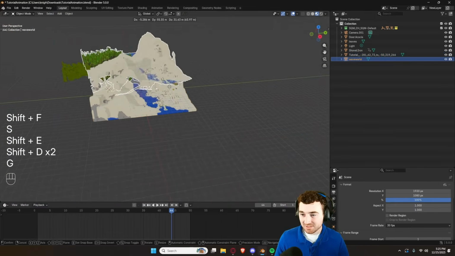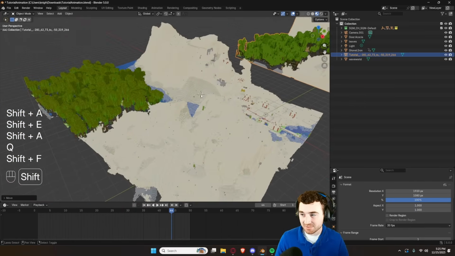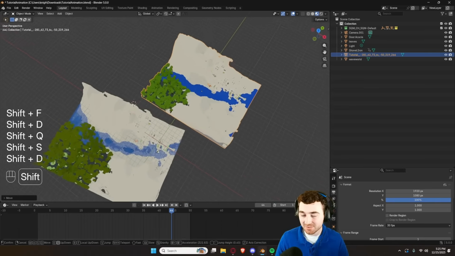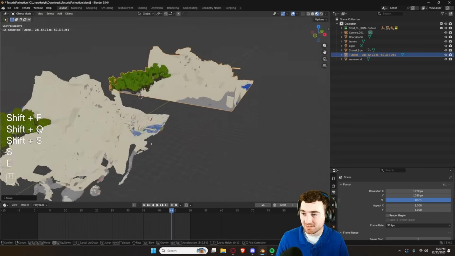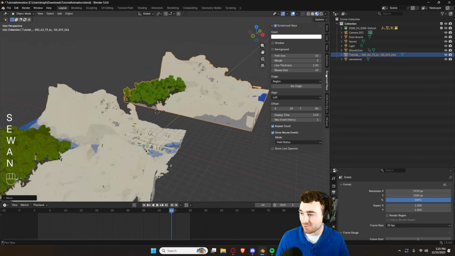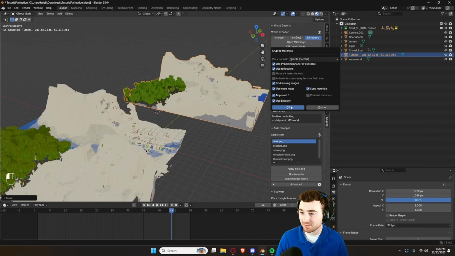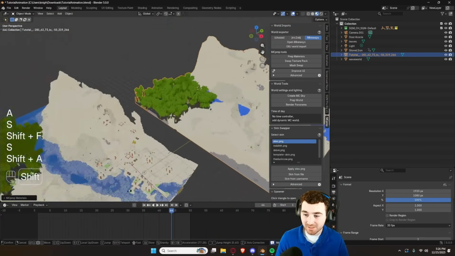Alright, so as you can see, it's pretty much the same world. Actually about the same size too. This one's a little bit bigger, but I want to show you guys some stats here in a second, just to show you guys what I was talking about it being less optimized. The first thing that we always want to do as well is make sure that we go into MC Prep. Instead of JMC to OBJ, we want to click Mineways, and we want to prep the materials. As you can see, the materials changed just a little bit, and now we've got them properly set up for